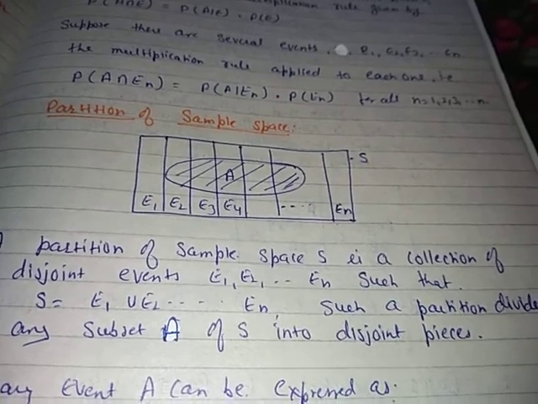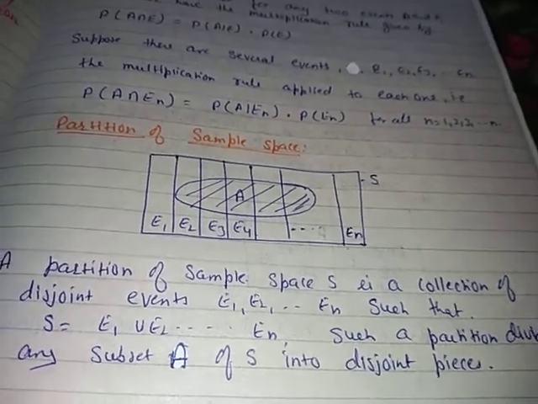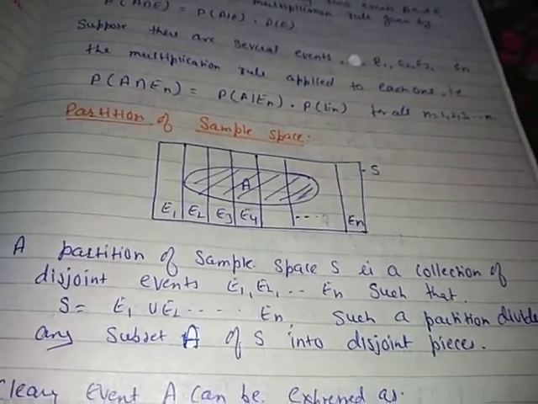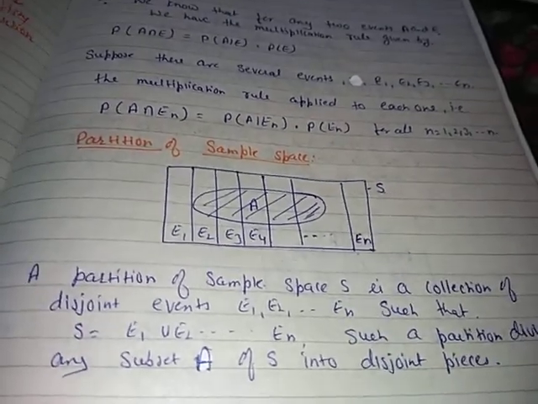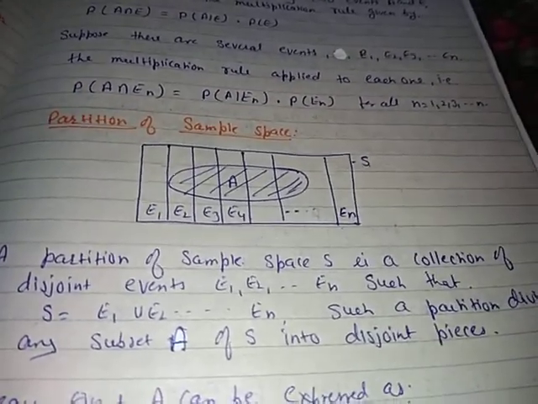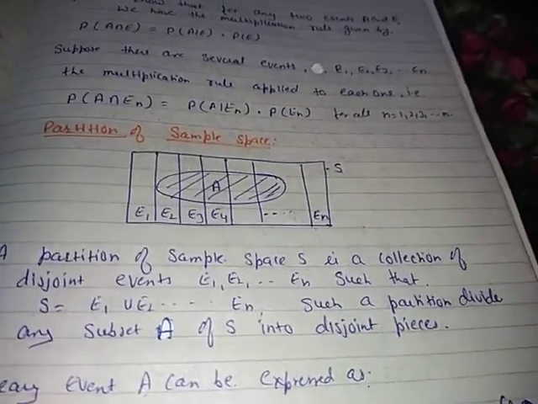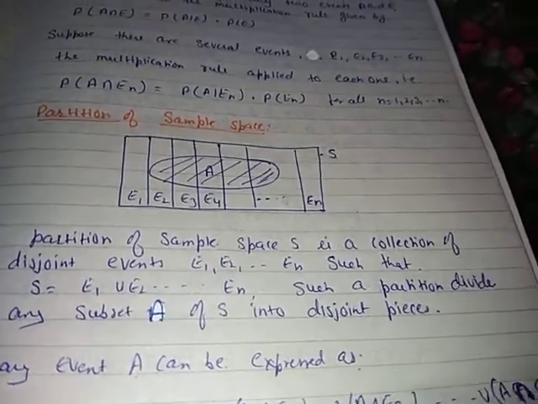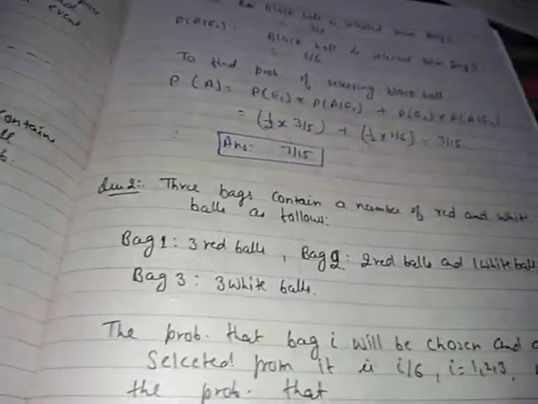Now in that option, what you have to do: P of E3 into A by E3, whole upon P of E1 into A by E1 plus ... P of En into A by En. This is your Bayes theorem. And the questions in exercise 13.3: question number 1 is your total multiplication law, because you need to find the common event from each option. But from question number 2 to 12 you have to find the common event from a particular option out of the given options. So that will be your Bayes theorem.